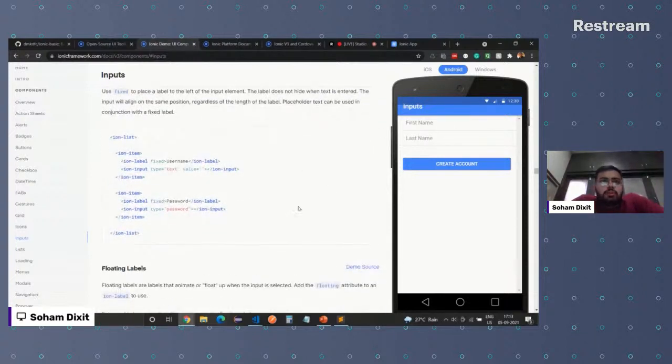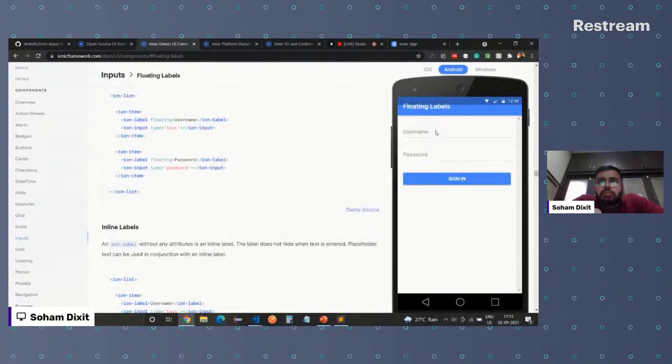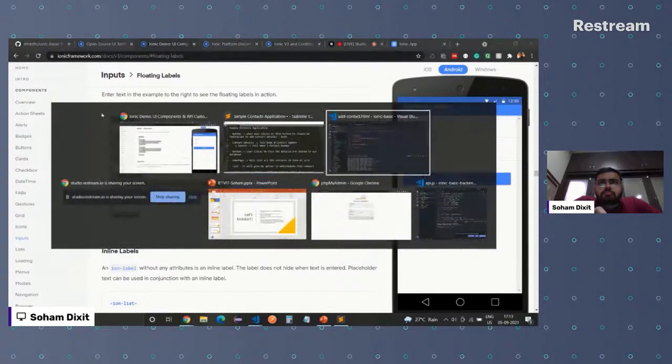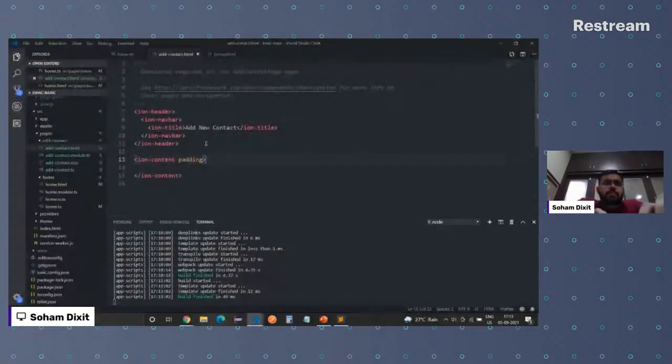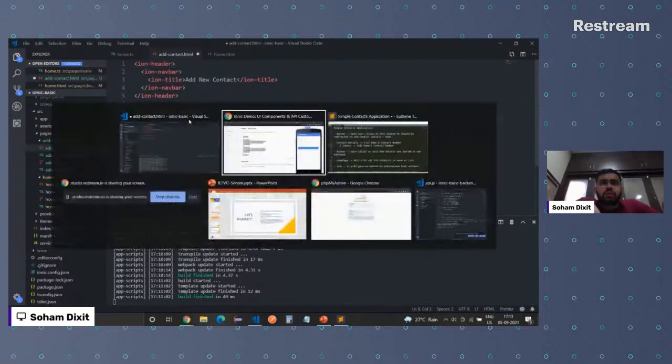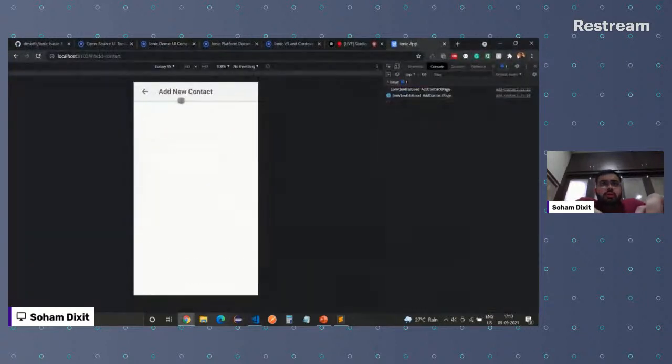This was a normal input. This is floating labels. So when user clicks on this, we'll have this. Fine, let's use this floating labels. What say? If you're all right, let's use this floating labels for now. Let me just copy this code and add it over here. Now you will ask me, where should we add it? Should we add it in the header, or in content, or in the footer? We want that to be present in the center of the screen.